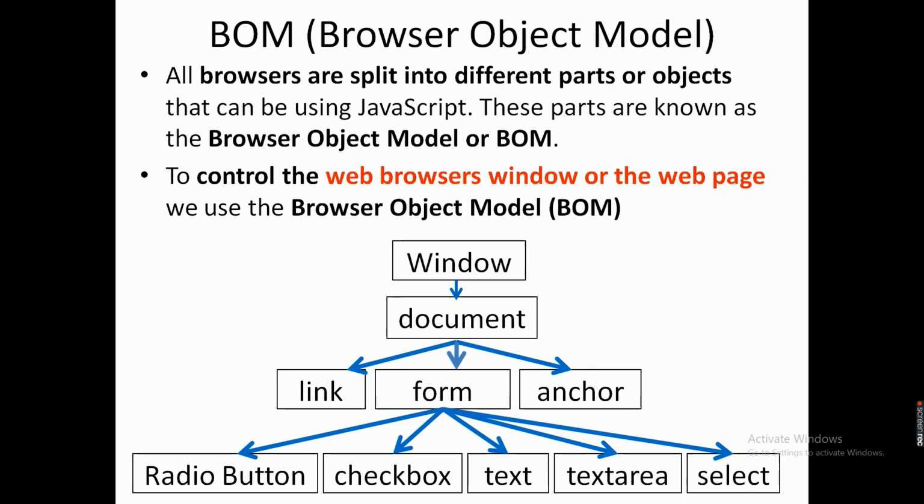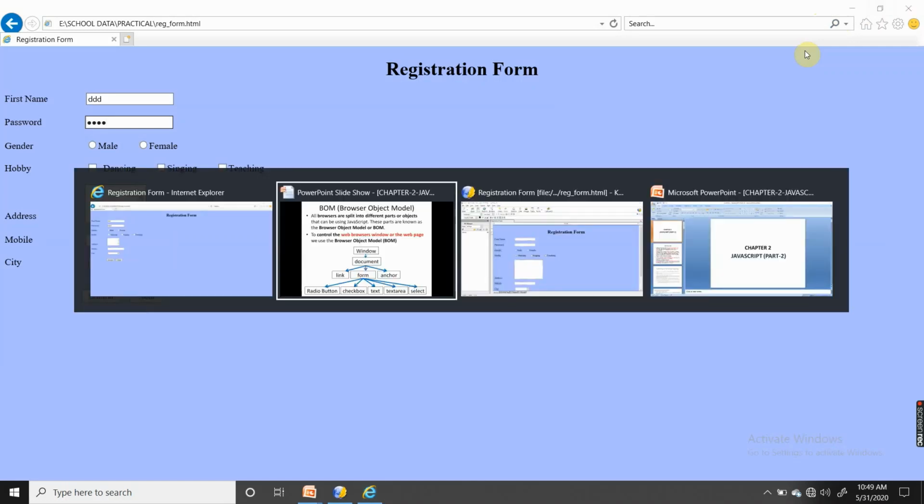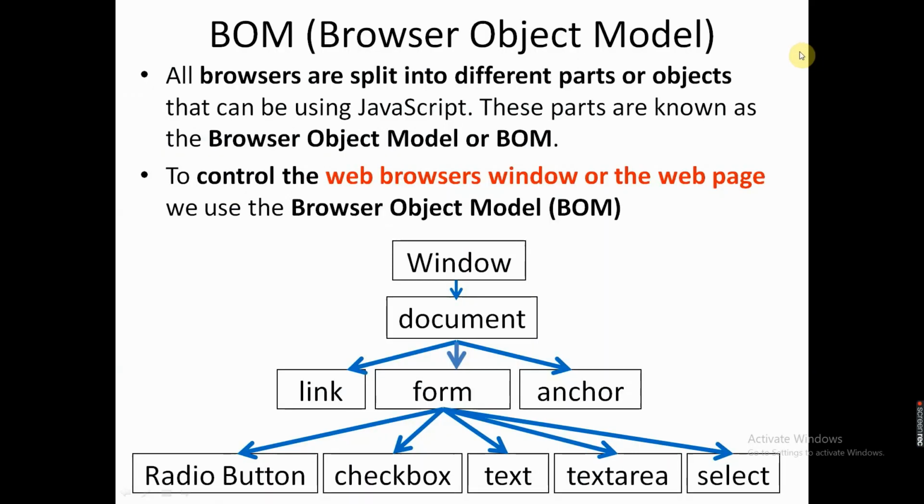Fine. I will explain. On the top of this browser, you can see the window. The window object represents the toolbar, menu bar, status bar. Here you can see the web page and many more. This is the window. You can also see the minimize, restore or maximize, and close buttons. These also come in the window section. Here the top level object is the window object. Here we will see all the objects one by one.